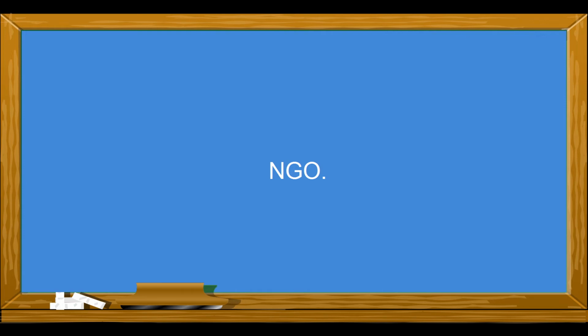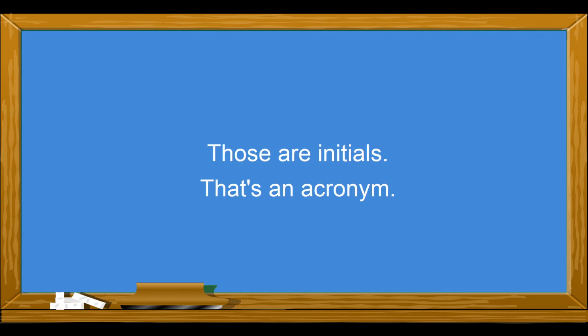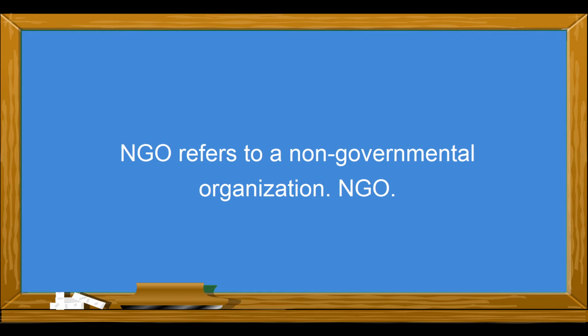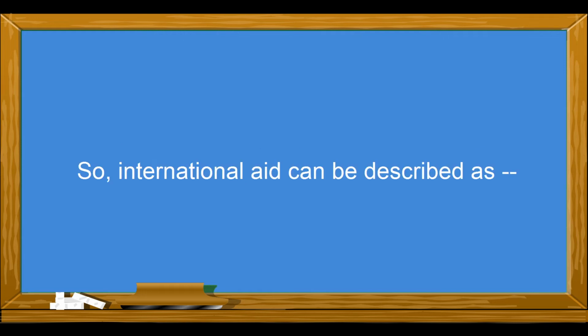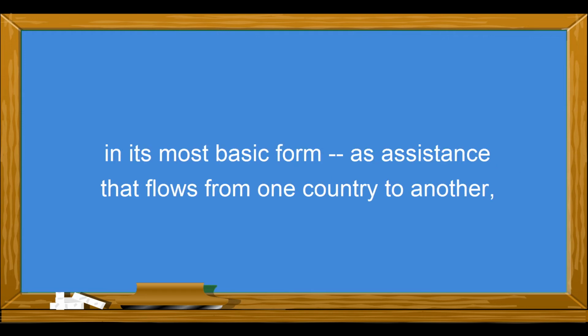NGO. Okay, those are initials. That's an acronym. NGO refers to non-governmental organization. So, international aid can be described, in its most basic form, as assistance that flows from one country